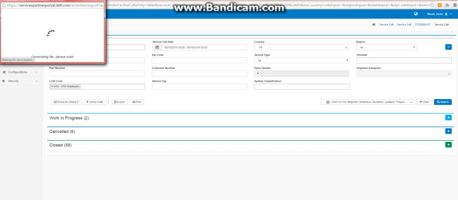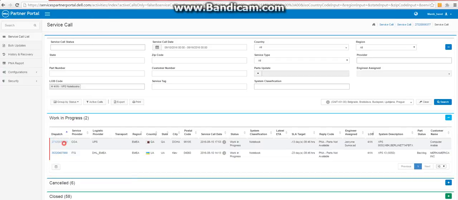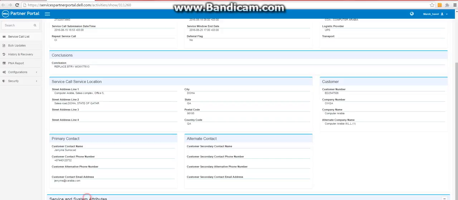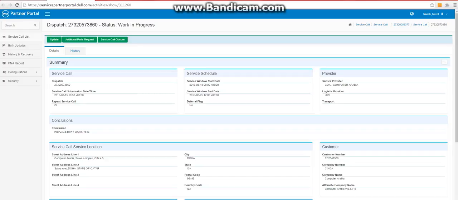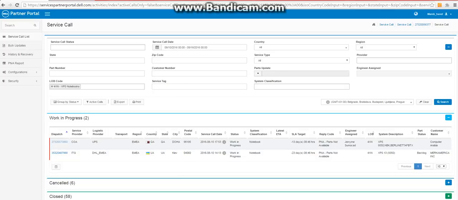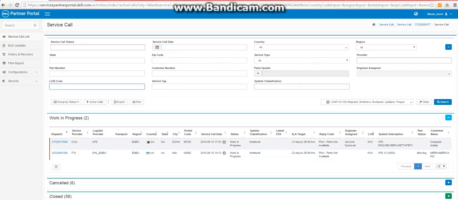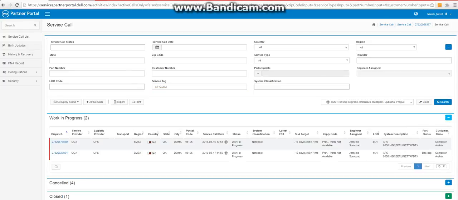There is then another option for search, and it is with the service tag number. If you want to search with the service tag number, then let these fields empty and put here the service tag number. Now you can click on search,